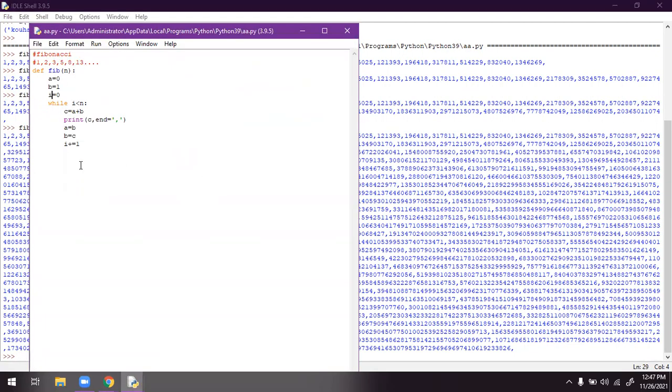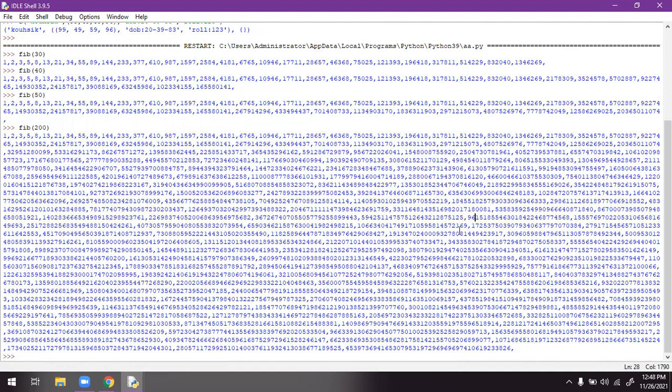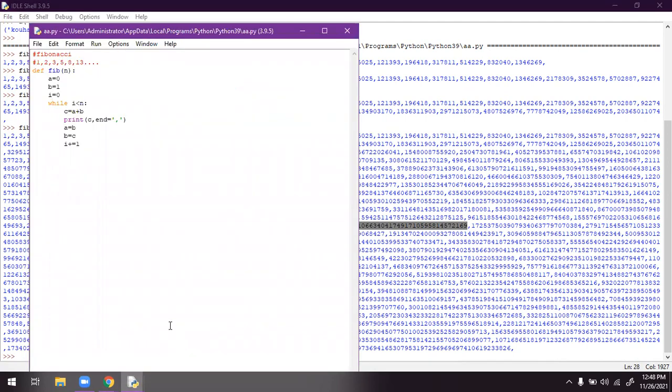But if you executed a program which is errorless, then you can call that function. It doesn't matter. Okay, this is the concept of Fibonacci.